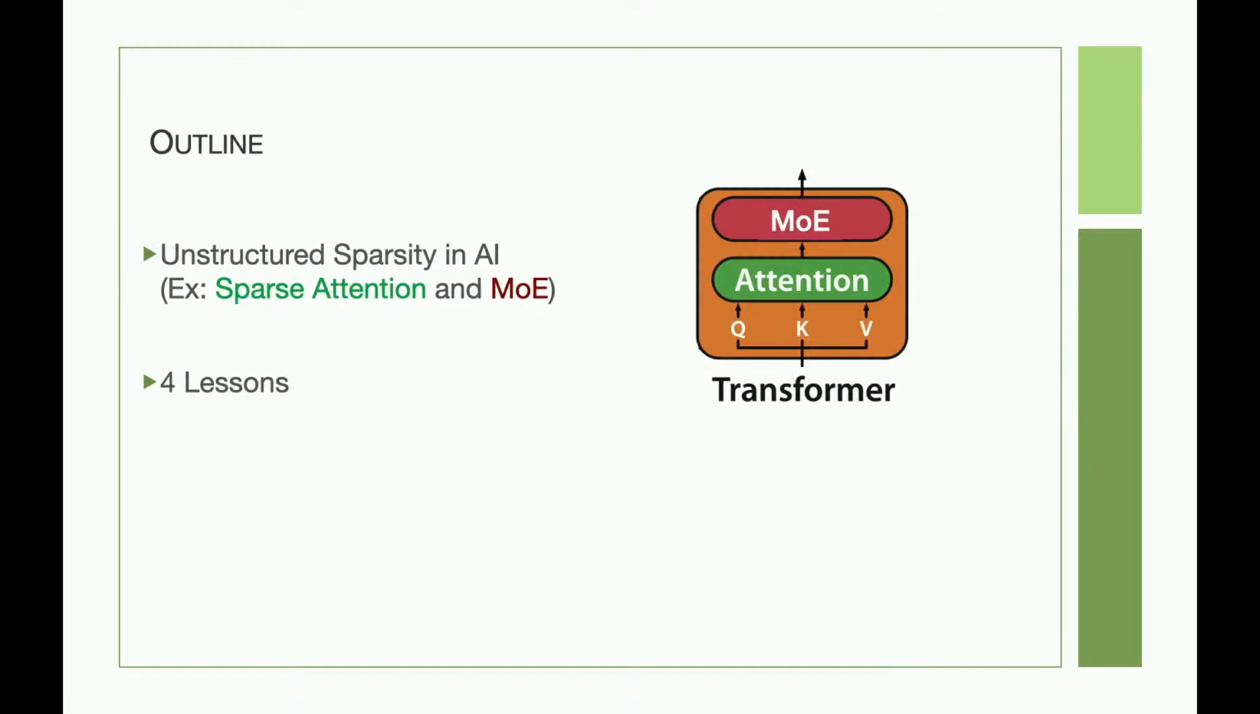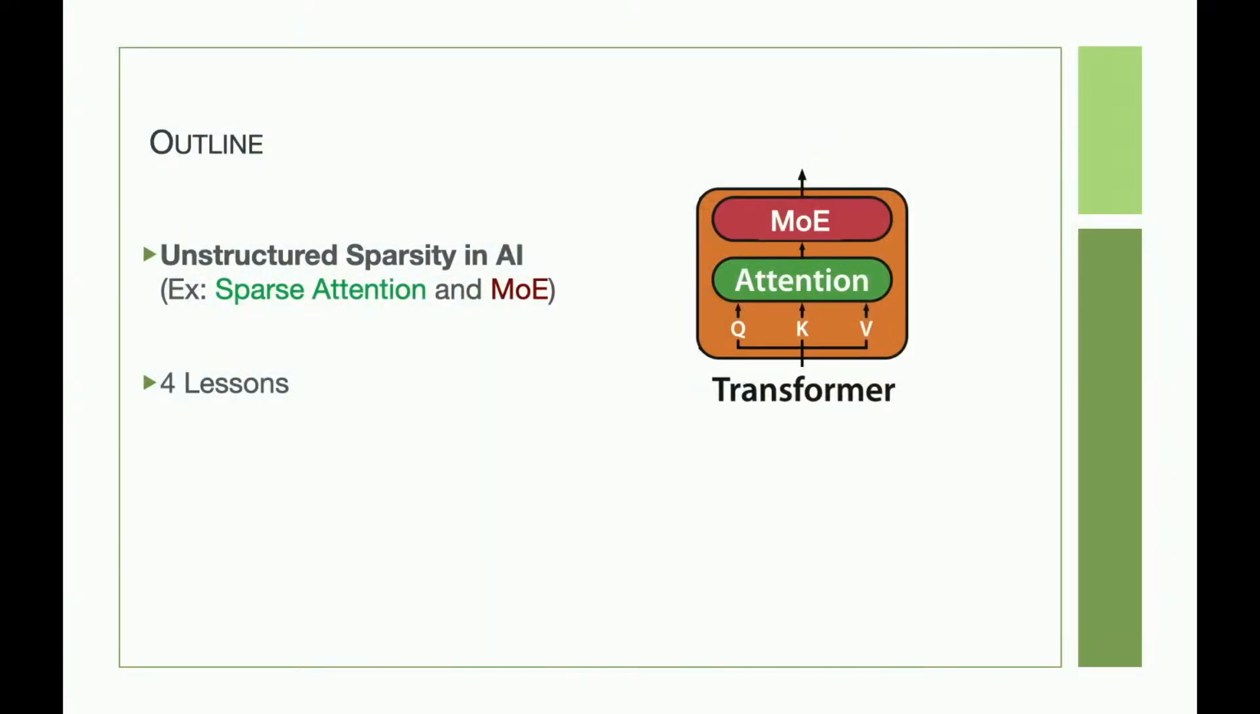So the outline of my talk is to introduce a little bit about unstructured sparsity in AI, specifically in two of the building blocks of transformers where they show up, and tell you a little bit about some of the lessons we learned in trying to exploit, try to speed up these, or design hardware-efficient algorithms for these two building blocks. Okay, so let me first start with introducing the unstructured sparsity in attention and mixture of